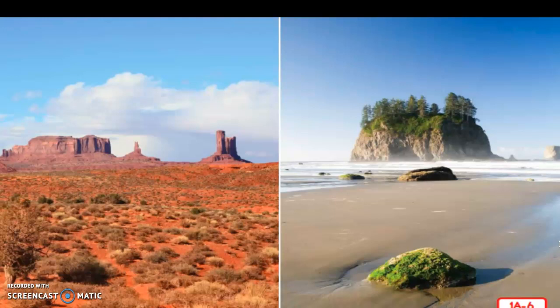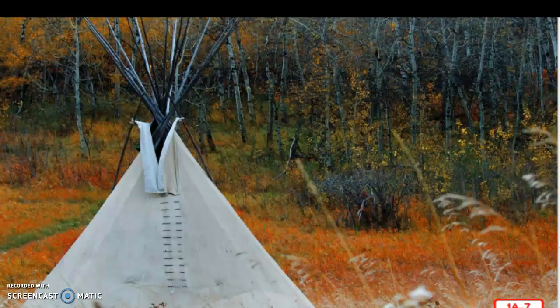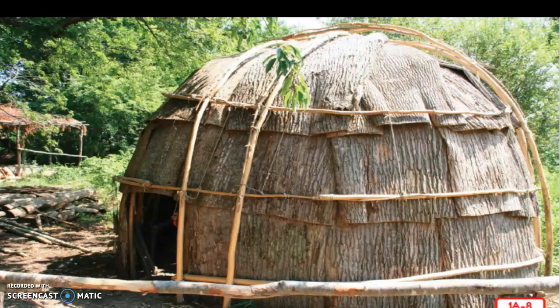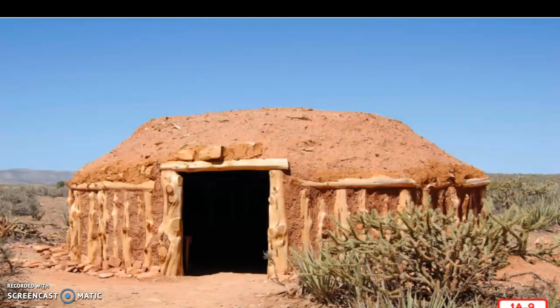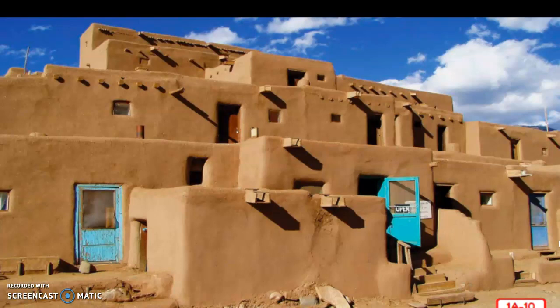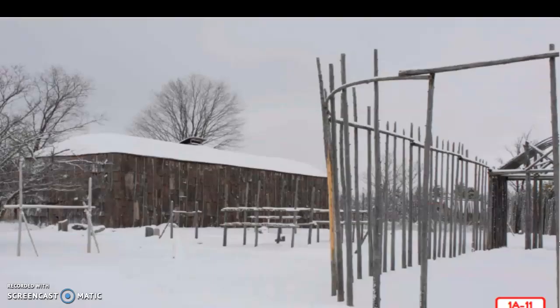The Native Americans of long ago all needed the same things we need today. They needed food and water to stay alive. They needed shelter or places to protect themselves from the weather and wild animals. They needed clothes to keep them warm and dry. But the food the desert people ate was not the same kind of food the coastal people ate. And the houses that protected people in the woods did not look the same as the houses of those who lived in the desert. Some lived in teepees. Some lived in wetus. Some lived in hogans. Some lived in pueblos. And others lived in longhouses.